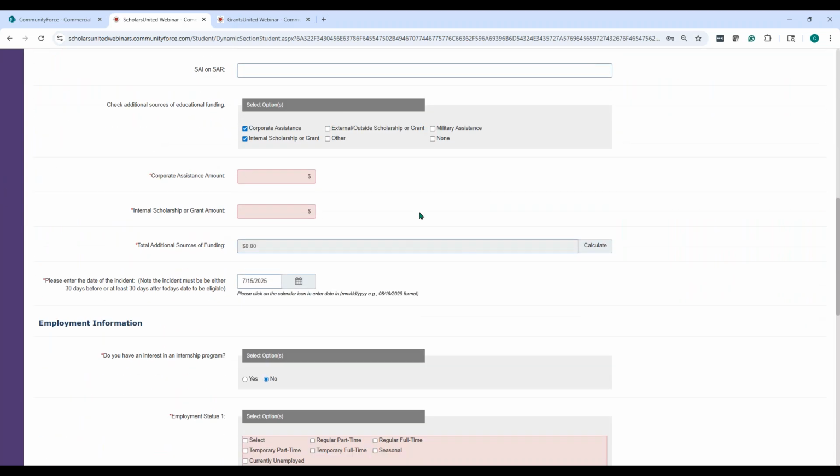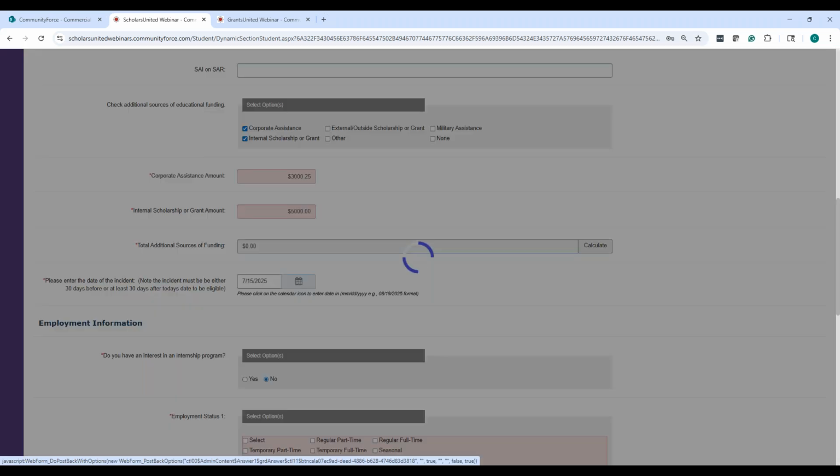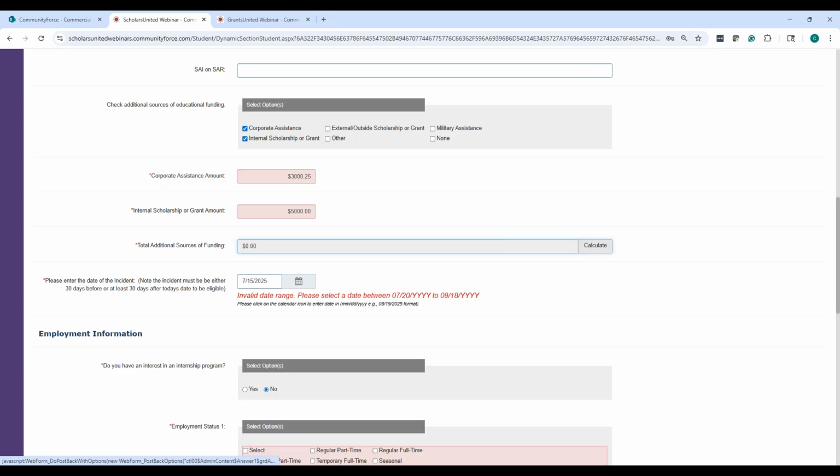Okay, so they're going through, and then what they see here is they're going to enter here. So let's say I put 3,025. Here I'm going to put 500. So that's part of my fields that I want to calculate. And then down here, it's showing 0. So the applicant has this little button that they click called calculate. They click that button,